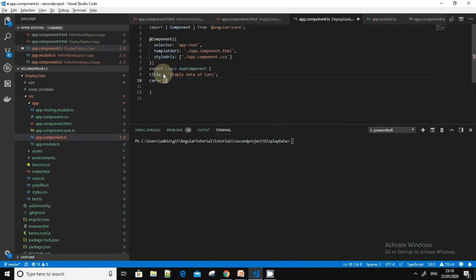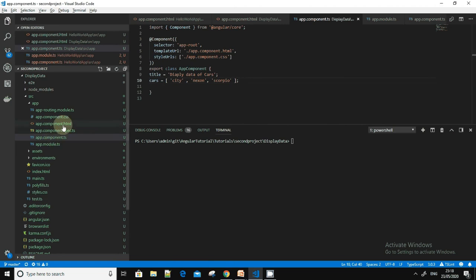For creating cars as an array, we will use square brackets, and in the square brackets you have to give the list of the car names. First we'll give City, and then Nexon, and then another one, Scorpio. So these car names are given here as a variable.